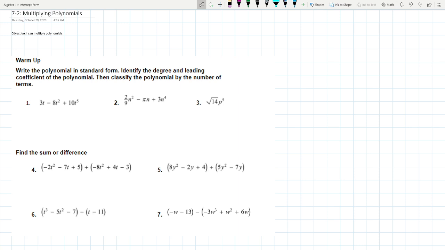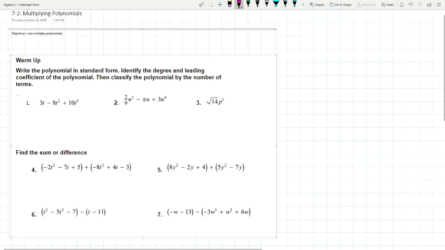Alright, so for the warm-up, we're going to write the polynomial in standard form. We're going to identify the degree, the leading coefficient, and we're going to classify the polynomial by the number of terms. So, first thing that I'm going to start with number one, obviously. The first thing that I look at is, okay, we want to write this in standard form. And standard form, as a reminder, is from the highest power to the lowest power, or the highest degree to the lowest degree. And so we start with